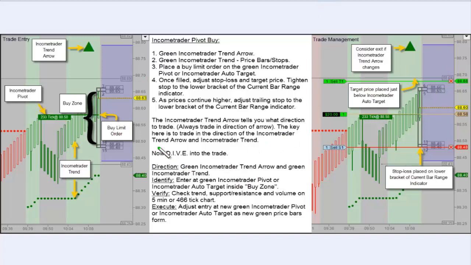Now, after we've done all that, we have to consider some other things, especially when we start off to the left here. Before I do any trade, I always use this DIVE acronym. Basically, I'm looking for a direction. I'm trying to identify, verify, and execute. A lot of traders think you just put a trade on, forget about it. No, I also